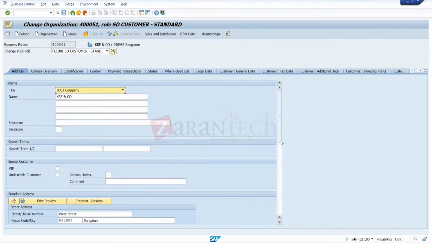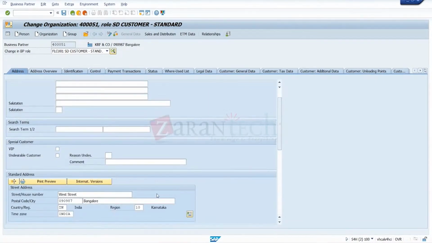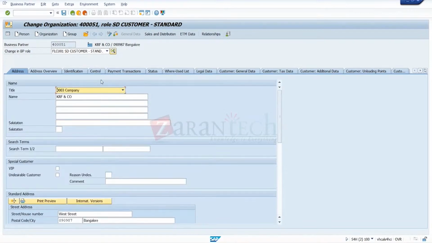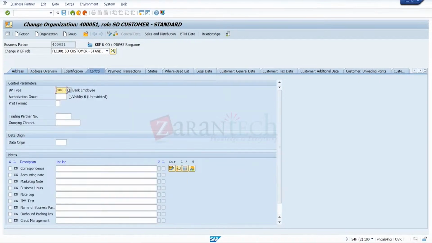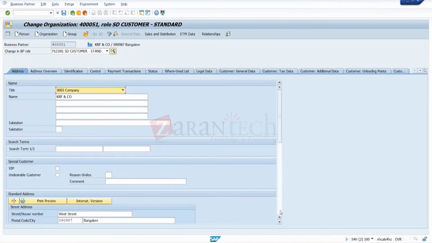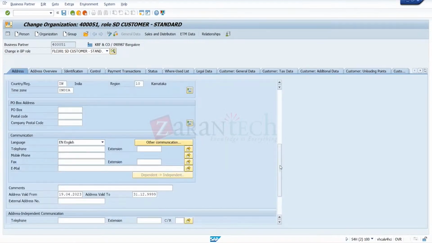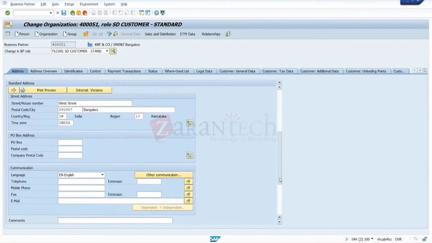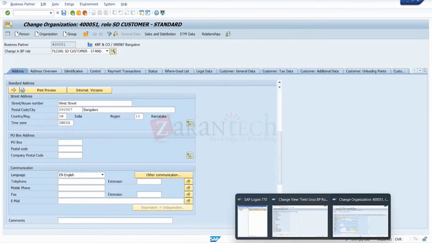Not here. Okay, actually I didn't check that. So we'll change the BP type also, not changing the control. We are at 9000 now, but it is showing the display mode finance. So that's why I told you, you have to practice and see what is coming. Of all the four preferences, between BP type and BP role, BP type role